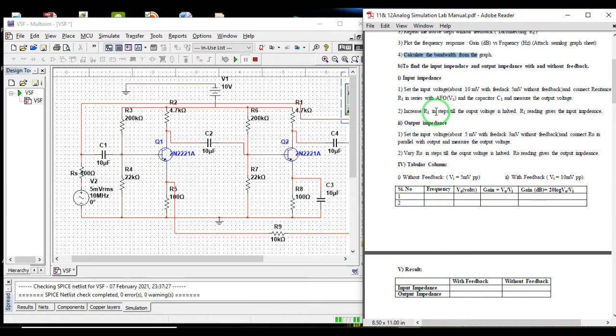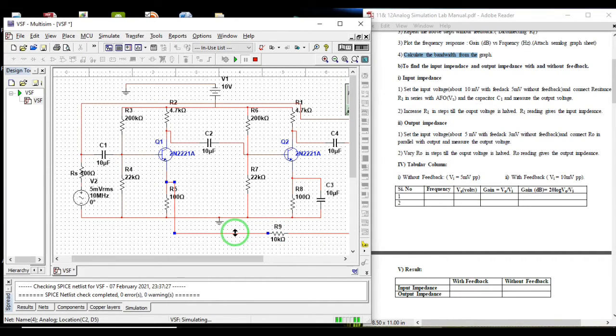Next, the second one, you have to do it with feedback and without feedback. So with feedback is this; without feedback you simply remove this line, you simply delete this line, and that becomes your without feedback. So with feedback, what is the procedure?